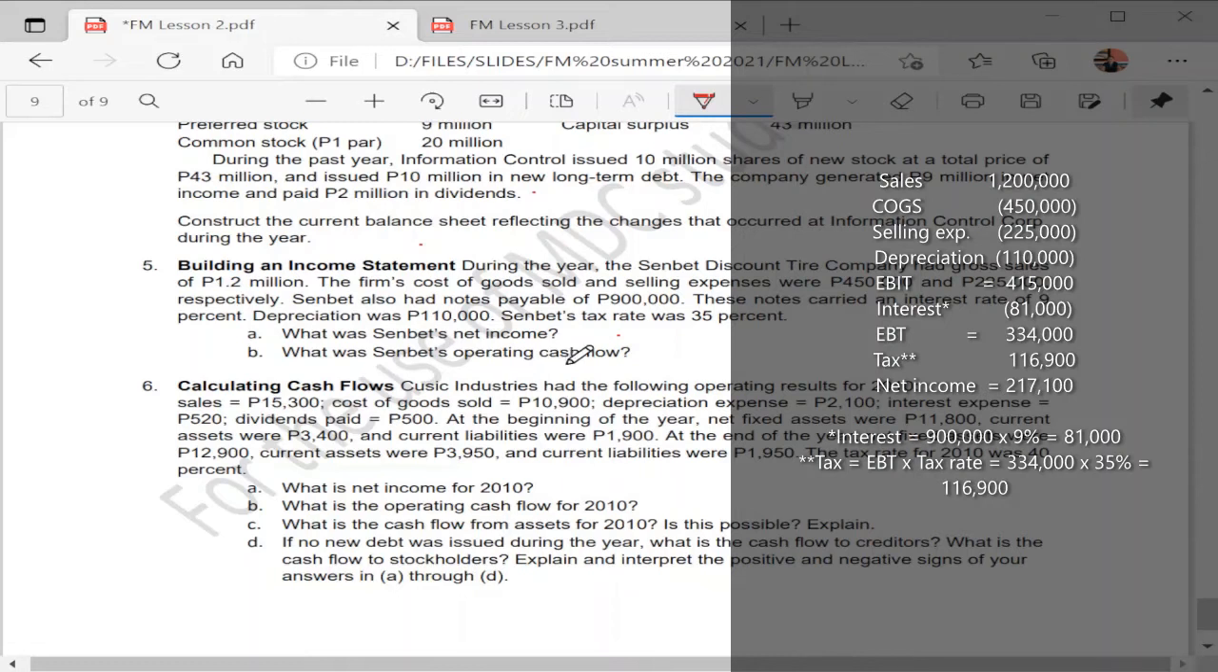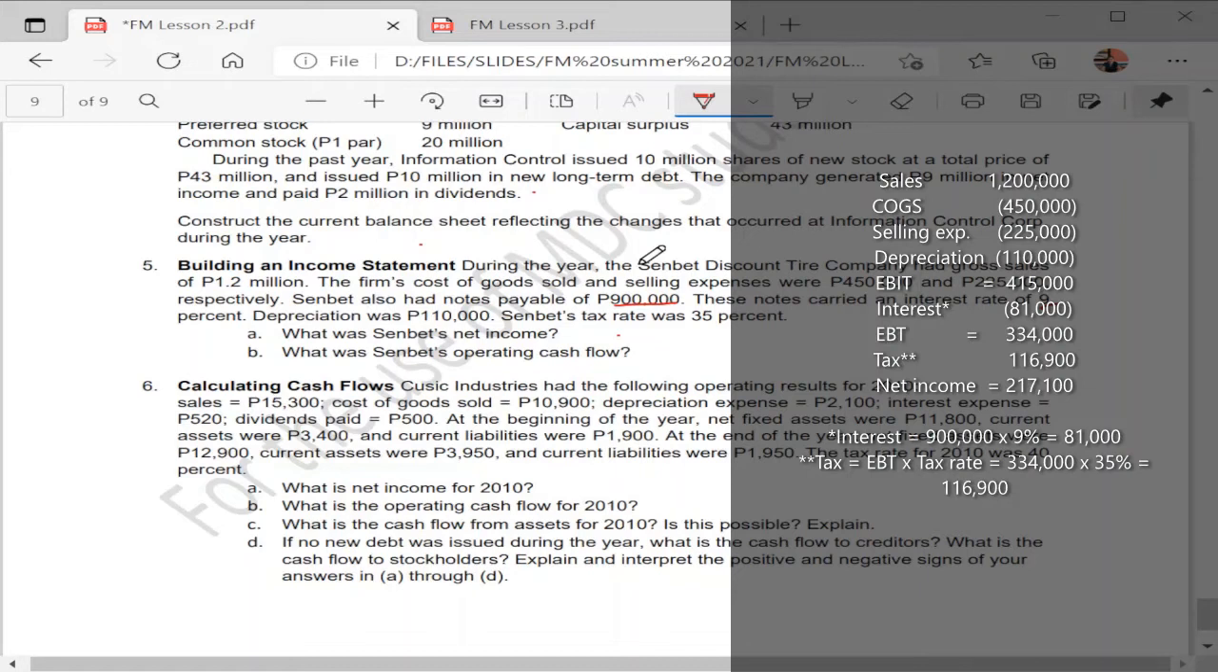And then deduct your interest, 81,000. Okay, how do we get the 81,000 interest? That's 9% of 900,000. So this is not automatically given in terms of the interest, but we can solve for the interest. So that's 9% of 900,000. So our interest is 81,000. Deduct that from your EBIT of 415,000. So you will get EBT of